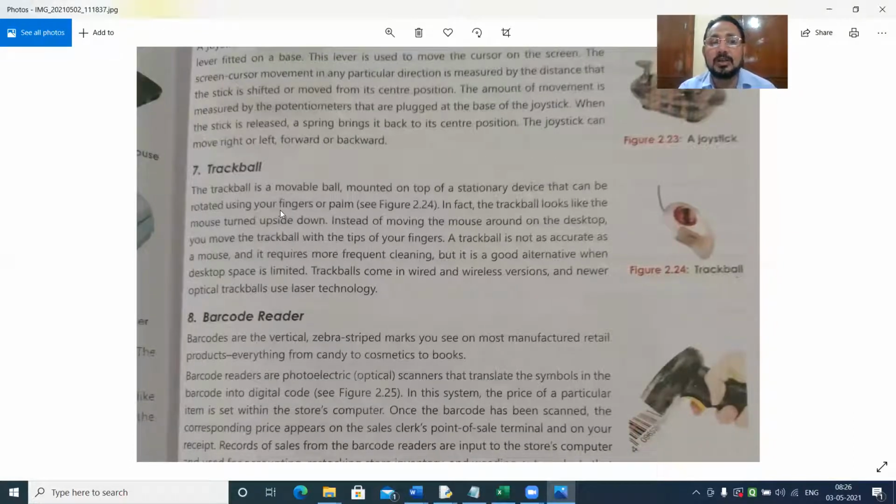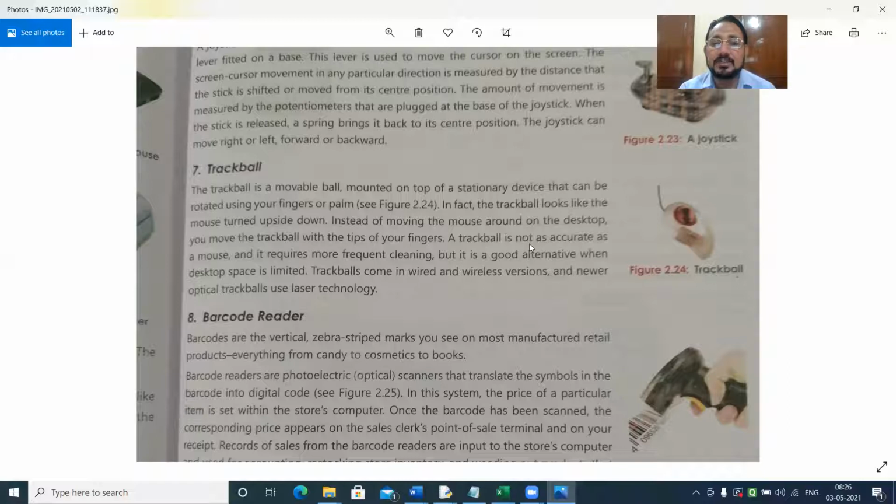The trackball. The trackball is a movable ball mounted on top of a stationary device that can be rotated using your fingers or palms. In fact, the trackball looks like the mouse turned upside down. Instead of moving the mouse around the desktop, you move the trackball with the tips of your fingers.